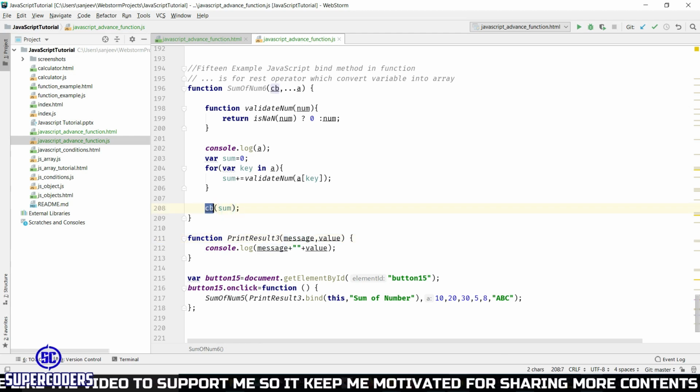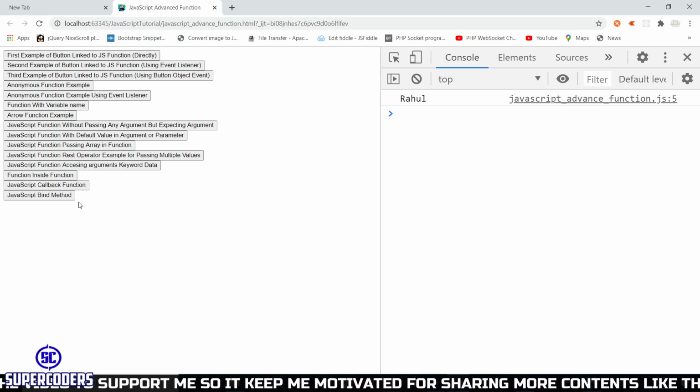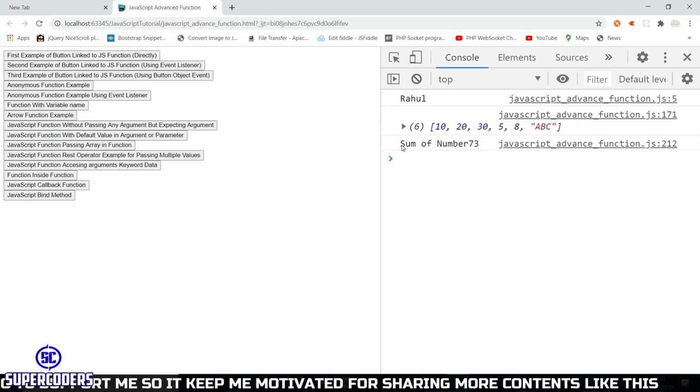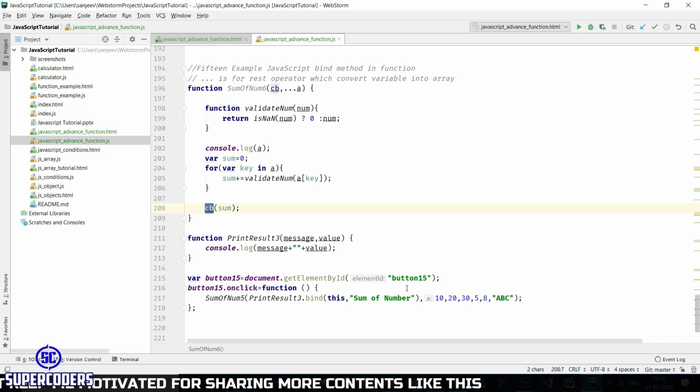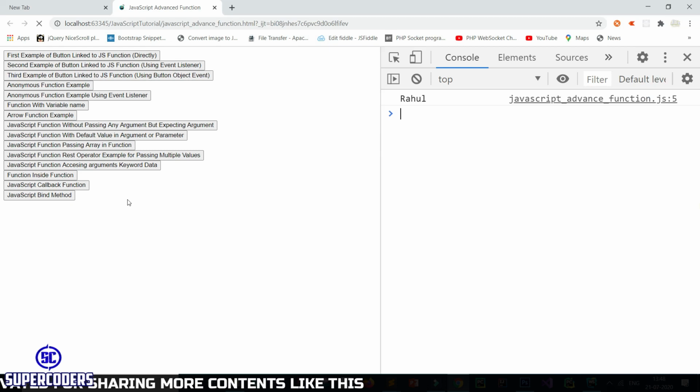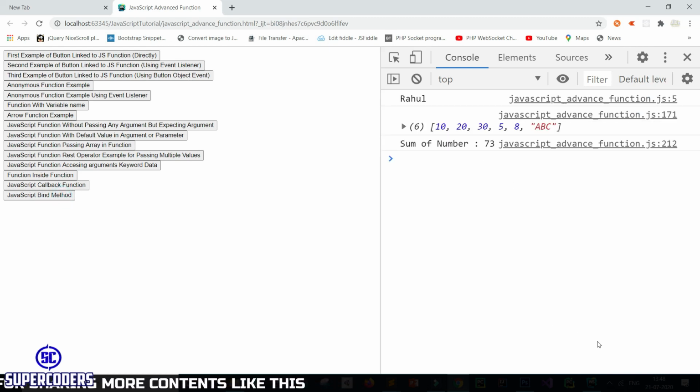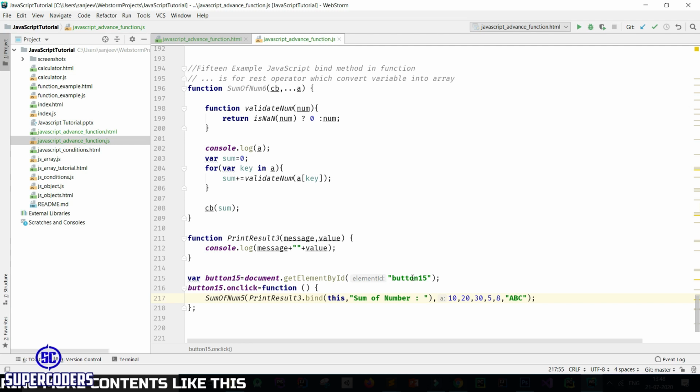Now let's see if I run again. Control R, click on this, and you can see sum of number 73. This is a simple example of the bind method. Also you can assign many values. Let's see how you can pass three values before calling a function, or more. Again, passing message 2, and again assigning one more value, which is like is.